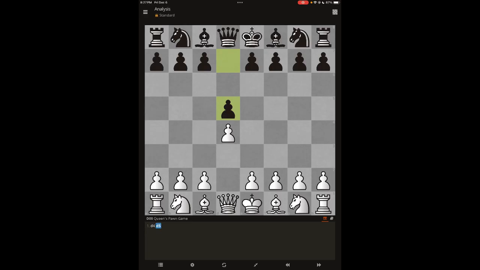But this is very common because if both queens have done their queen's pawn, then what we do here is we move this pawn. So White moves the pawn in front of their bishop next to their queen. And notice how it says down there, Queen's Gambit, and it shows the move list right down here at the bottom of the screen. It shows the moves in chess notation. And it says it's the Queen's Gambit.